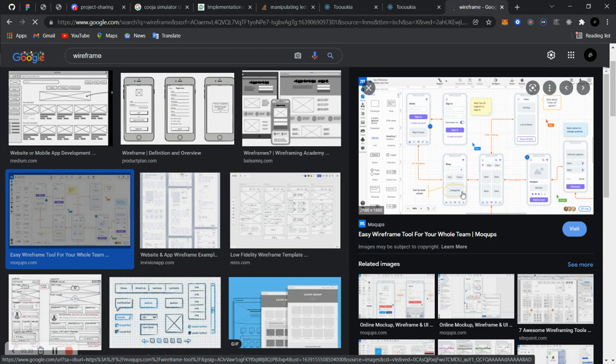It's going to give you an idea of where things are supposed to be and help you understand the flow: what do you press, and where does the thing you press take you? How is this design supposed to be structured? That is what a wireframe helps you achieve, so that it will be easier for you as a designer to achieve amazing designs and to make your workflow go extremely smoothly.